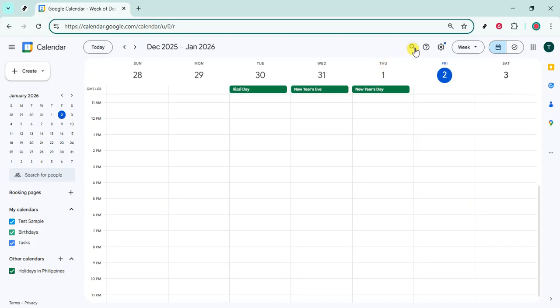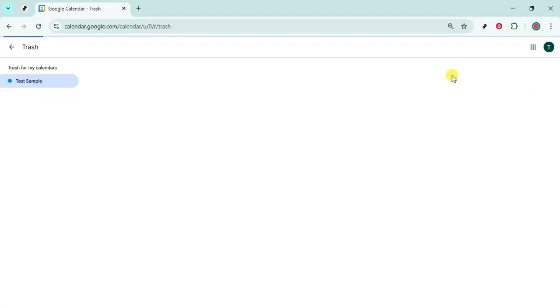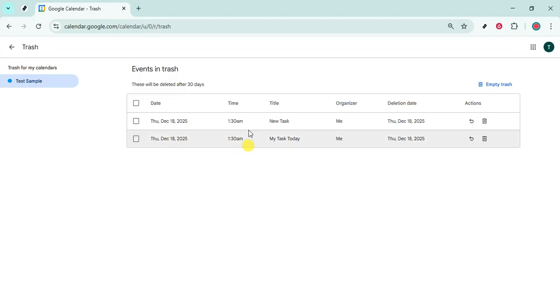Next, look to the top right of the page for the gear icon. Click it to open the menu, then choose Settings. Inside the Settings view, you'll see a navigation panel on the left. Find and click Trash. This is where Google Calendar stores items you've removed. Deleted events usually remain here for around 30 days before they're permanently erased, so the sooner you check, the better